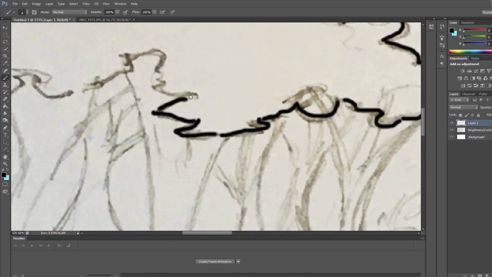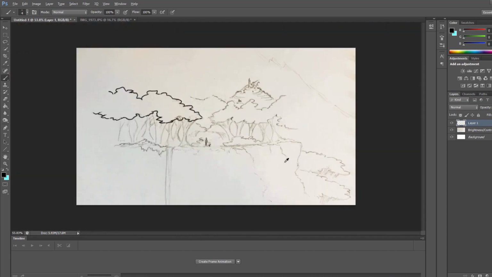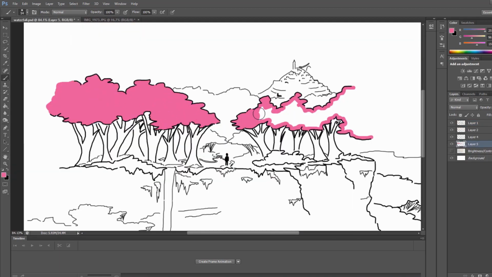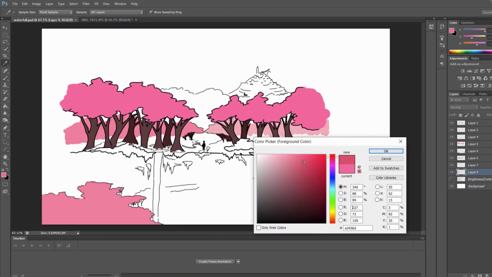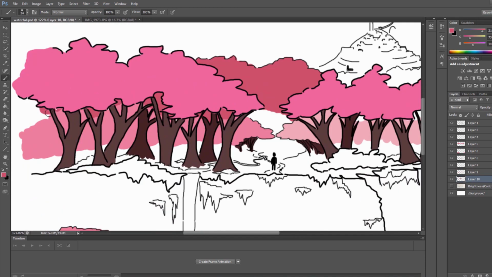Moving on, I decided to draw this blossom forest and this waterfall. My idea so far is that the main character's going to need to escape from the festivities for whatever reason, and the place he's going to come to is this forest. As he's walking through this forest, I thought you could have some sort of match shots which transition back into flashback sequences. The main character is quite isolated and he's become cut off from his childhood friends, so you could